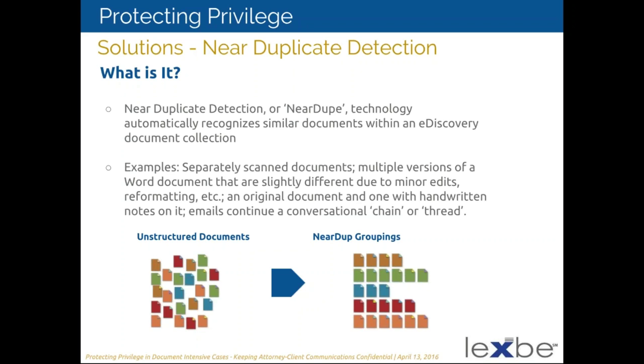Near duplicate detection is a technology to find documents that are similar but not exact copies of other documents. And by exact copies here, I mean ones that could be hashed using an exact digital signature, an MD5 code, that requires that it be exactly the same electronic document. There are many that are very similar to being the exact documents or close to them that could be revisions, but also separately scanned, or ones that went through different email systems, that could not show up as an exact duplicate but be a near duplicate, found through a text comparison methodology.